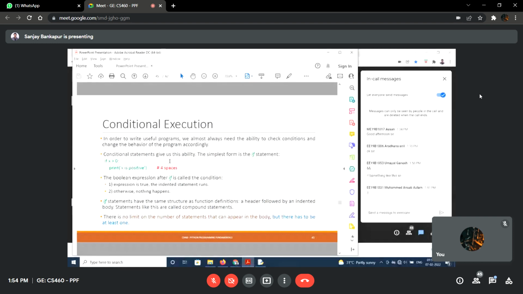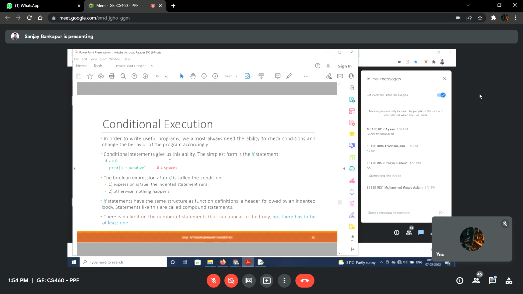Or it can be repetitive. The statements can execute repetitively. All the statements can execute repetitively, or out of two statements, one statement can execute repetitively. So at a higher level, the program body, the statements which we put inside that function, can be sequential or selective or repetitive. So conditional is part of selective,